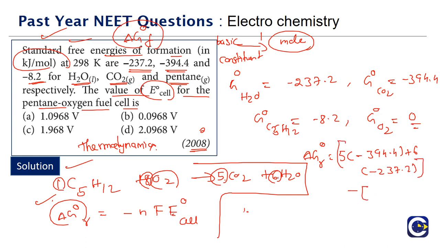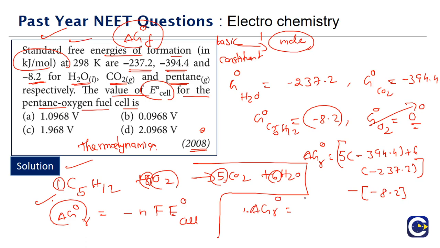Minus of reactant side is what? 8 moles of O2, but free energy of O2 is what? 0. Basic constituent. So that will not be counted. We have to subtract the 1 mole. 1 mole means no multiplication factor. Minus 8.2. So if you look at this value, on simplification we will get